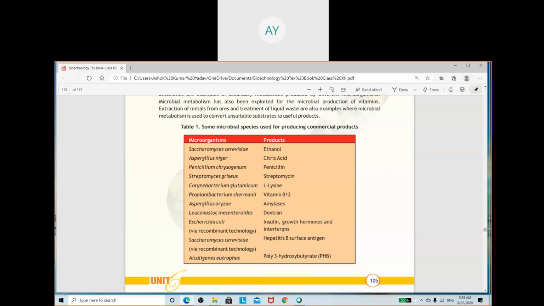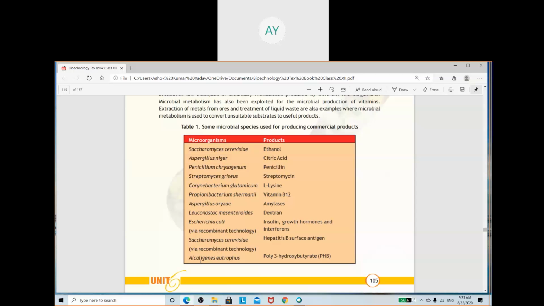It can also be produced by yeast, that is Saccharomyces cerevisiae. And next is the biodegradable plastics. You have to remember that example. Biodegradable plastic, PHB, polyhydroxybutyrate. This is the unit for making biodegradable plastic. We can produce that eco-friendly biodegradable plastic material, polyhydroxybutyrate,